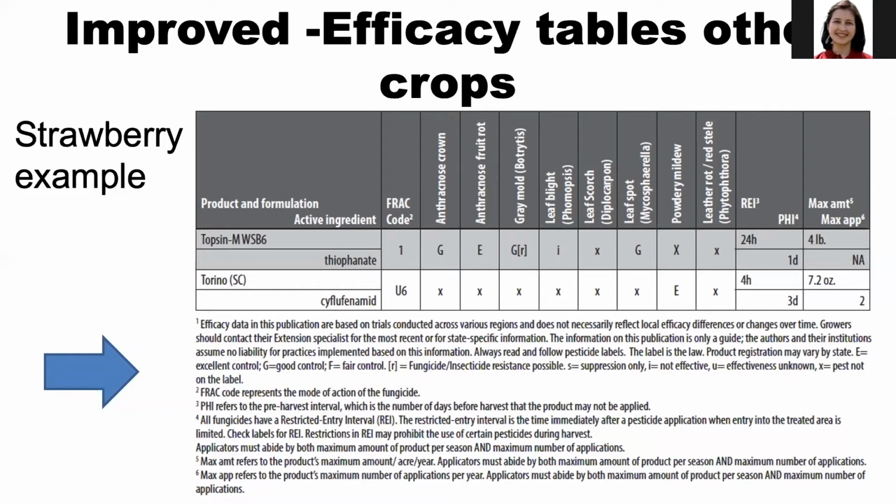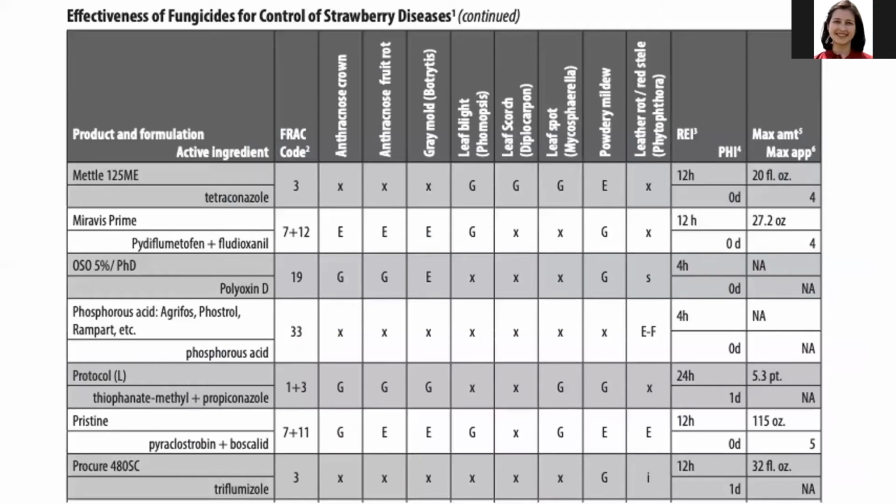And you can see here we have a first column with the product and formulation, and then the active ingredient, then the FRAC or IRAC code, again, to help you guide your sprays to minimize the risk of pest or pathogen population resistance to particular active ingredients. And then every column would be either a disease or an insect pest. And you can see the combination of a particular product and what would be that efficacy for that particular pest or disease. So this is an overview of how it looks.